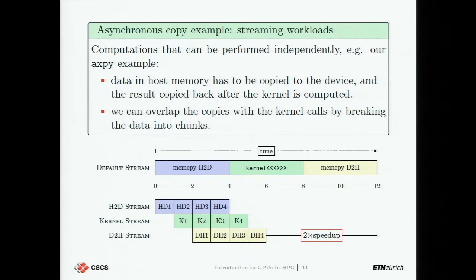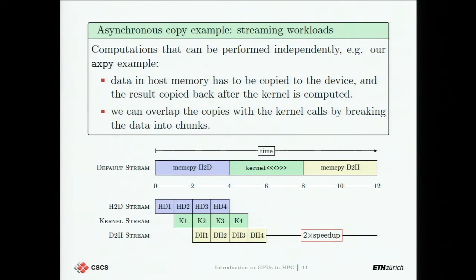And if this is what we call a streaming workload, where you don't need all of the data to be present before you perform the computation, and you don't need all the computation to be finished before you copy the information back, i.e., if you could break the information up into chunks and copy the chunks over one at a time,